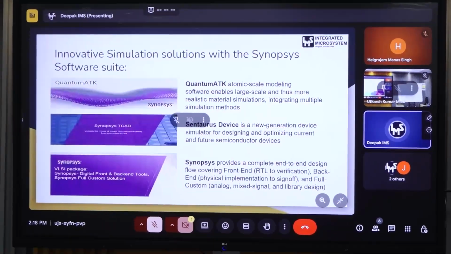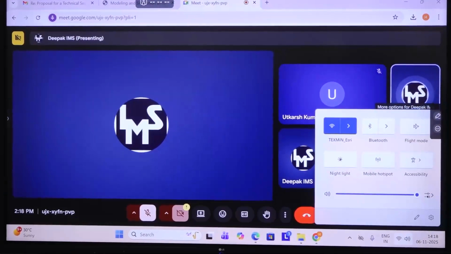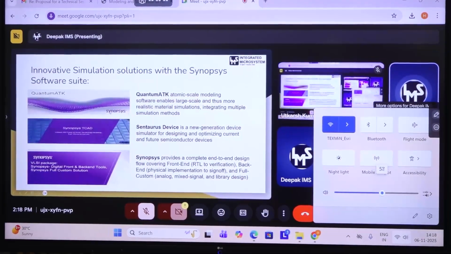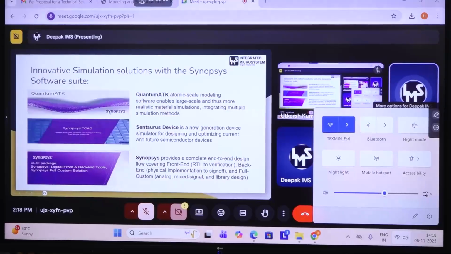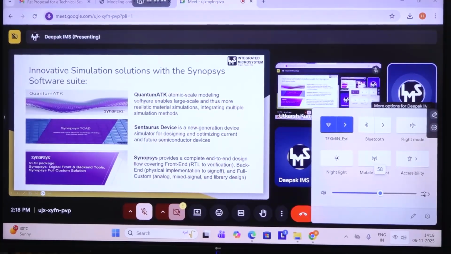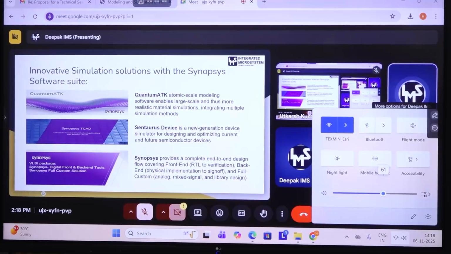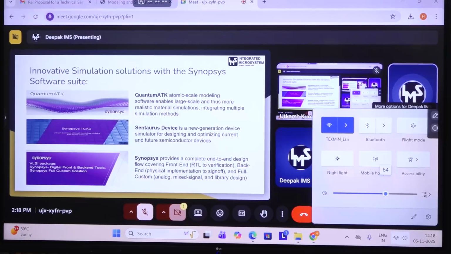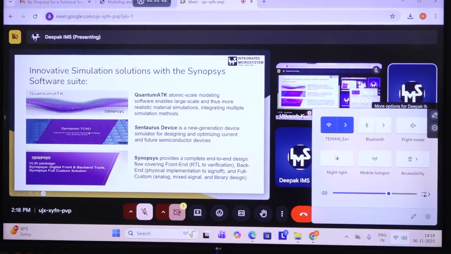So now let me introduce the broader Synopsys simulation ecosystem. At the top we have Synopsys QuantumATK, an atomic scale modeling software that enables realistic simulation by integrating multiple simulation methods. QuantumATK is designed for exploring quantum mechanical properties, electronic structure, and material behavior at the atomic scale. So alongside this